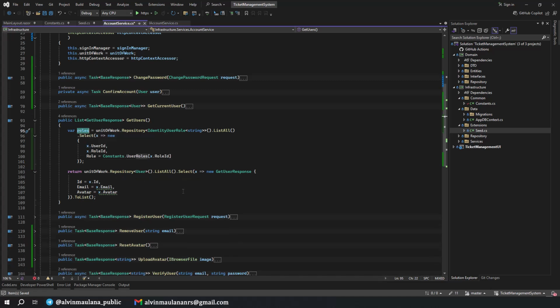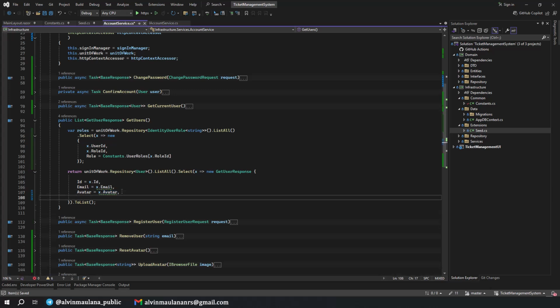And then we will show the roles in our get user response, which we don't have now, but that's okay. First, we will have a role equals roles.FirstOrDefault, user ID. I think not x because we already use x. User ID equals x ID, and then we get the role.